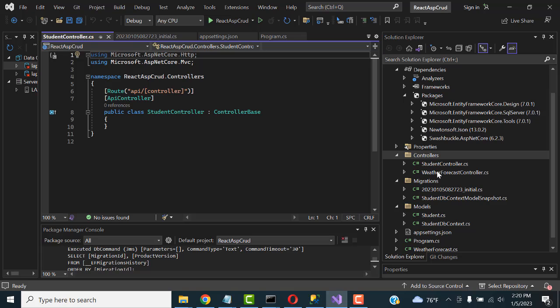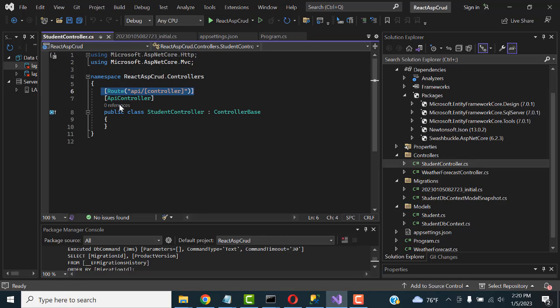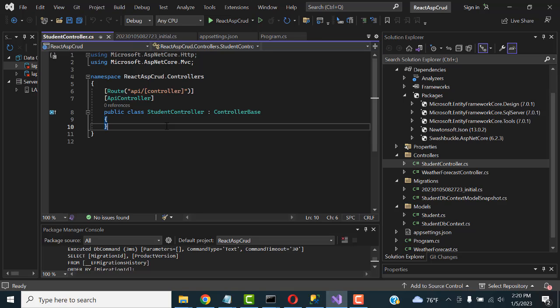You can see here the StudentController.cs. This is the file, route, API controller. This is the API access, right? So here this is the class StudentController. It inherits ControllerBase, right? Now first, what I'm going to do here is create the